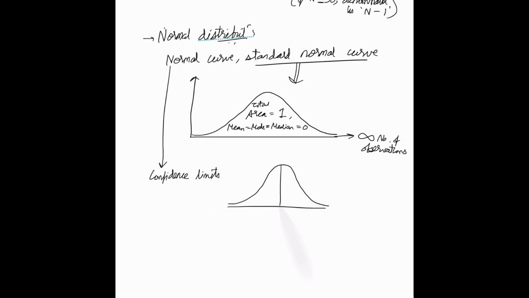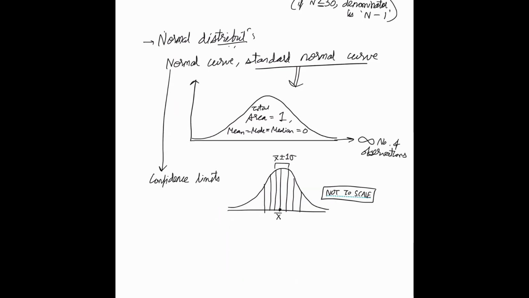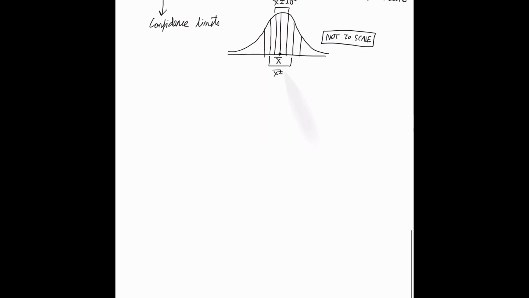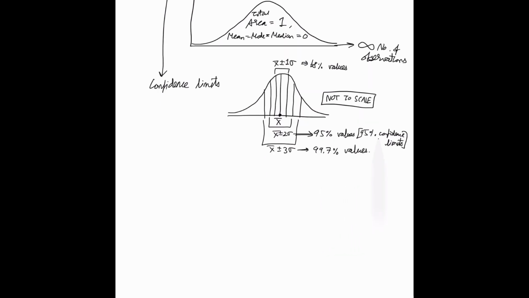And then we discuss what are confidence limits in a normal curve. So we have the mean here, which I have marked by x bar. This is not to scale, guys. And then we see x bar plus or minus 1 sigma, the interval. Sigma is nothing but standard deviation. Then plus or minus 2 sigma and 3 sigma. So within one standard deviation, you will get 68% of the values. Within plus or minus 2 standard deviations, you get 95% of the values, which we would express as 95%